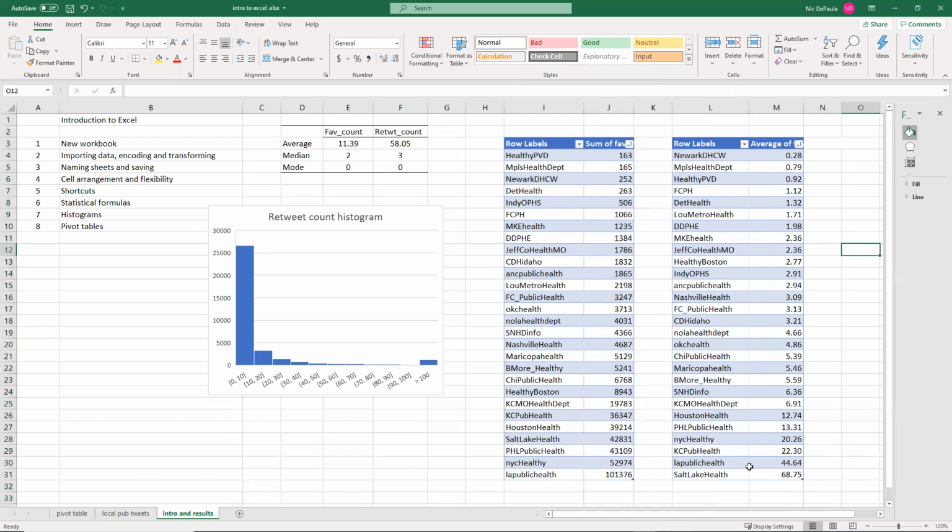So let's take a look at the data a little bit. Now we can see that Salt Lake Health has 68 likes on average per post. So actually, it's really the top liked agency in terms of likes per post. Followed by LA and then KCP, which is kind of similar. LA has the same likes as before, but Salt Lake does much better when you look at it in terms of average instead of just total, right? Because they have 68 average